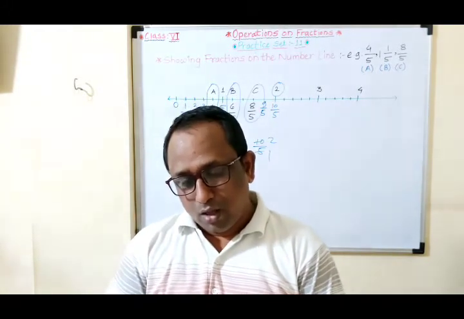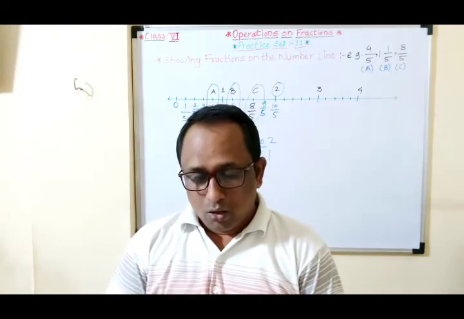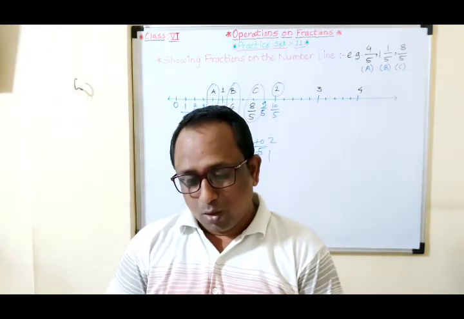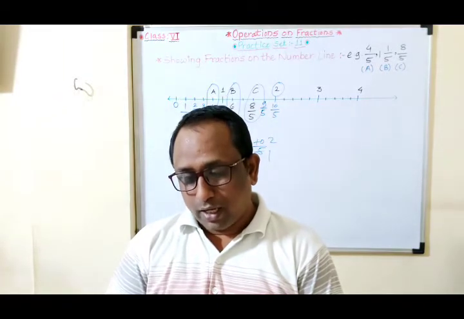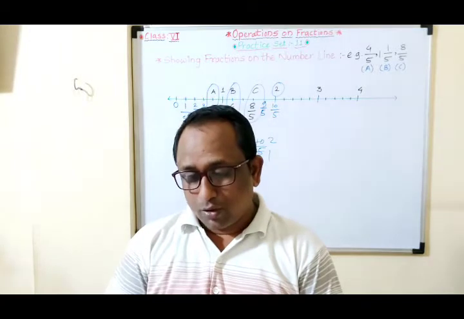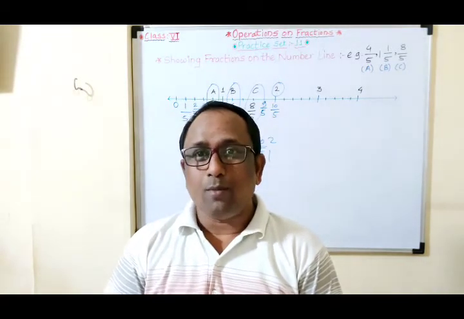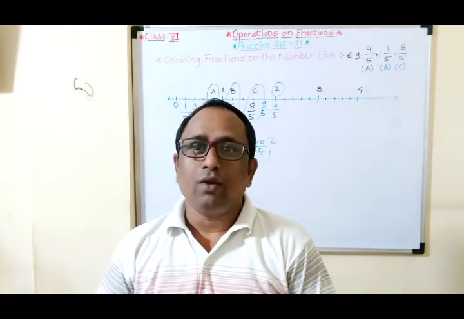Now see, in the first one, total 6 parts are there. So first 0 upon 6, then 1 upon 6, 2 upon 6, 3 upon 6, 4 upon 6, and A there is 5 upon 6. Then again 6 upon 6, 7 upon 6, 8 upon 6, 9 upon 6, and then B means 10 upon 6. Okay, like this way you have to solve all.